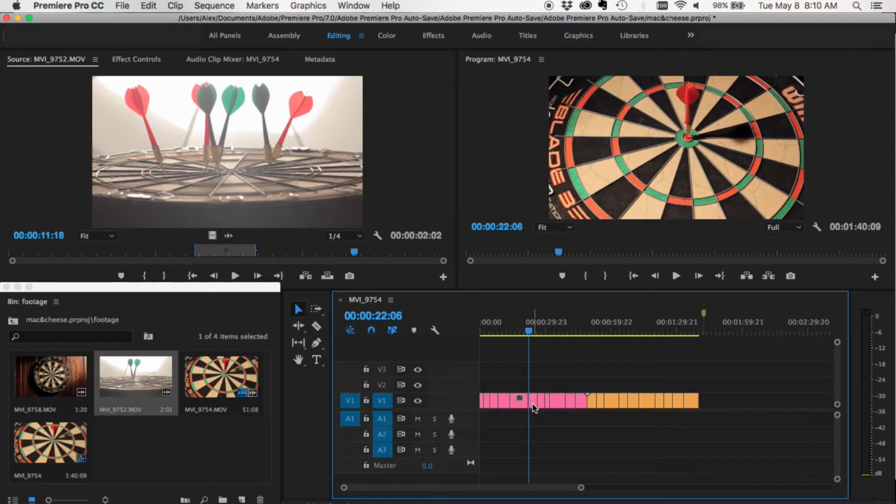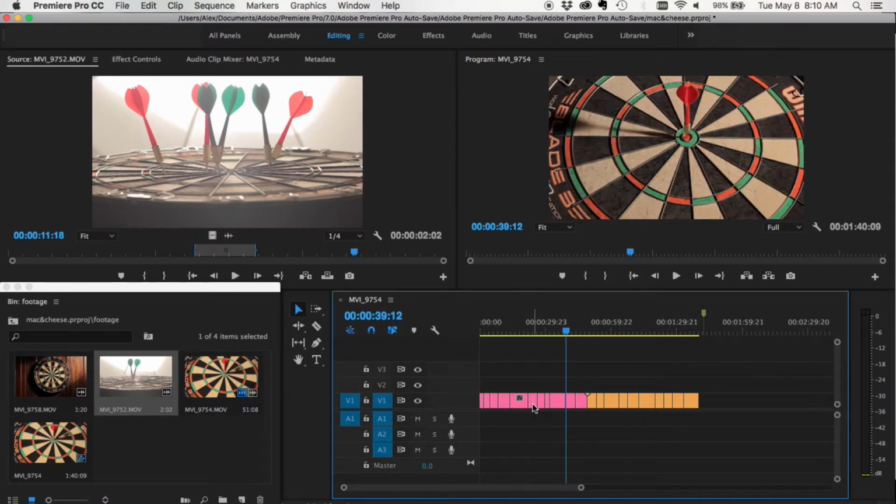The up arrow will bring you to the previous edit point, and the down arrow will bring you to the next edit point. So you can just snap to all those edit points really quickly, and I find that really helpful. And now the next tool, or shortcut, that I'm going to teach you,